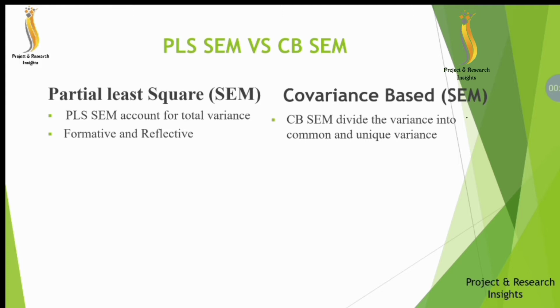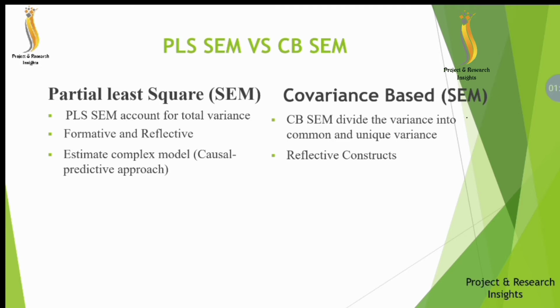Partial least squares SEM treats both formative and reflective constructs in the measurement model. However, CBSEM treats only the reflective construct in a very well manner. Although, using some extra features in AMOS we are able to treat the formative construct as well. But when there are reflective and formative constructs in your measurement model, then researchers prefer partial least squares SEM, PLS-SEM.